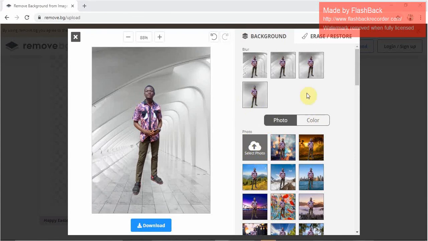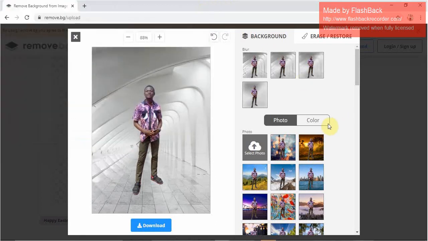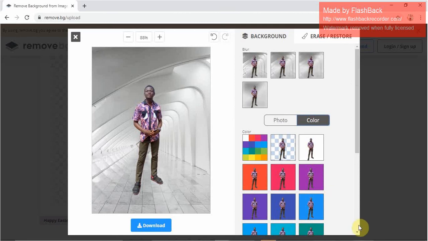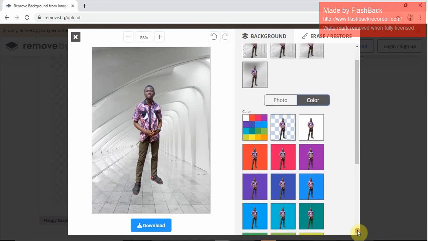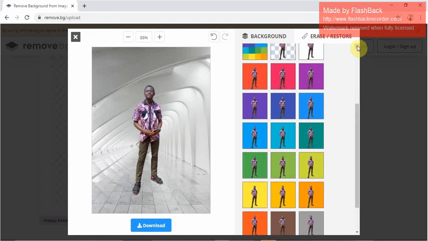Or before then, we can also choose a color. So let's choose a color and see. You can see colors here. We have the green, the blue, the yellow, the pink, and even black. So you choose the one that your picture fits into.